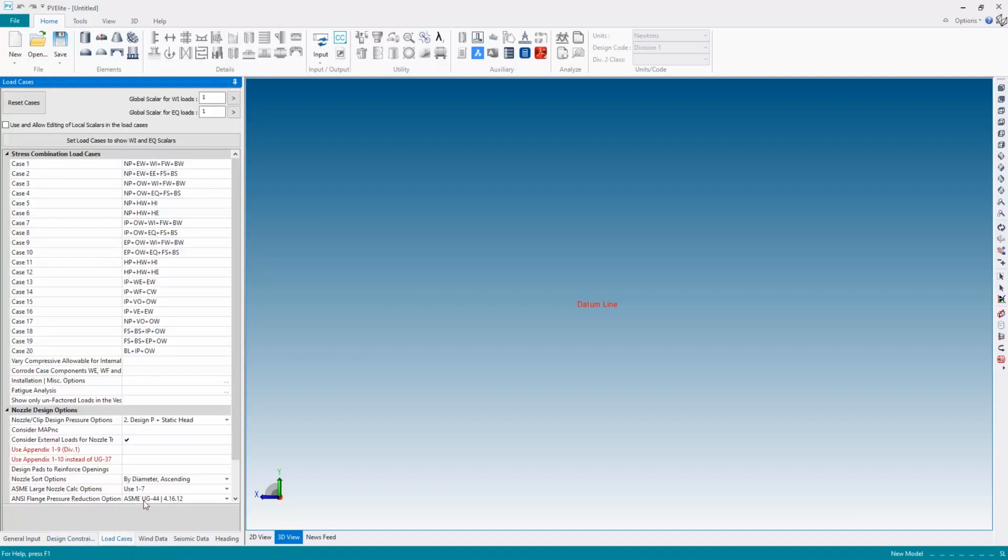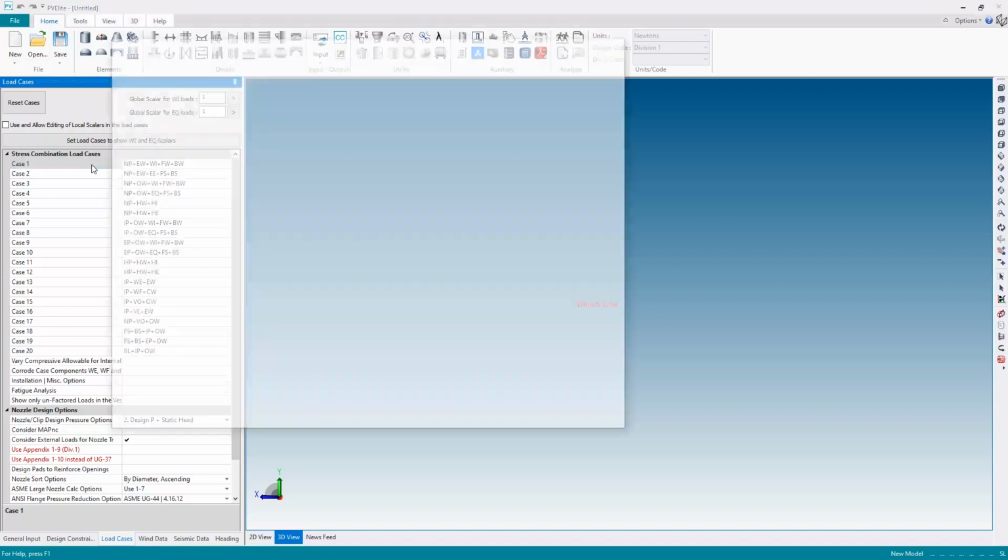And then on the next page, we can set up the load cases. These are the default load cases for the ASME Division 1 standard. If you choose EN13445, you'll get a different set of load cases, but these are the default load cases which satisfy the requirements of the standard, and these are combinations of the various different loadings. Of course, you can change these load cases and you can adjust the default load cases, and if you want to do that and you want to know what the loadings are, you can always hit F1 on your keyboard to open up the help,